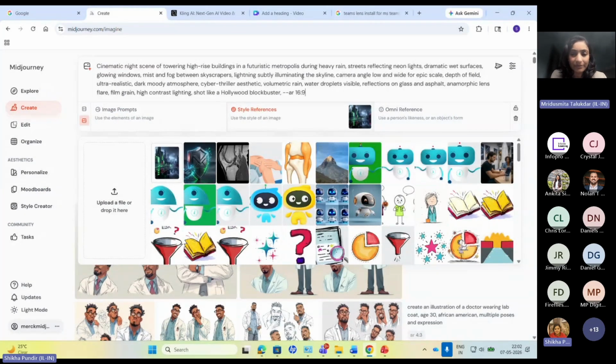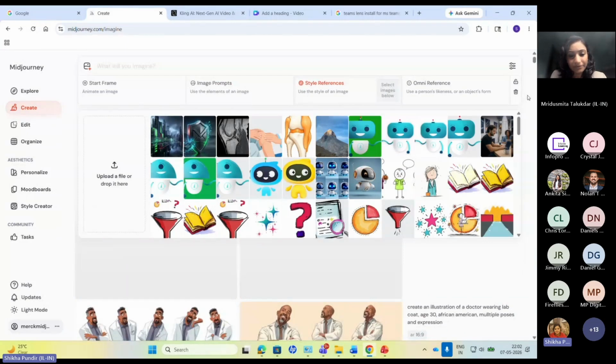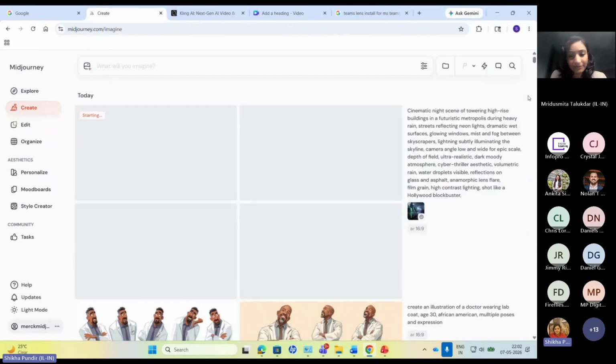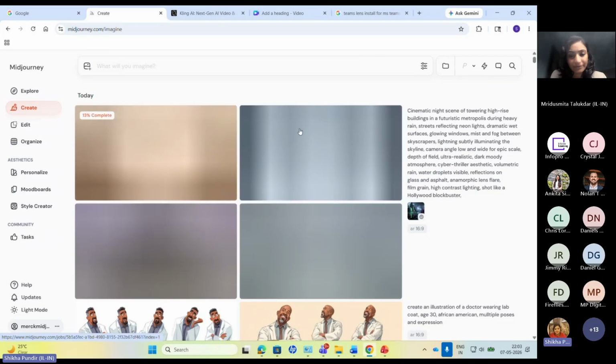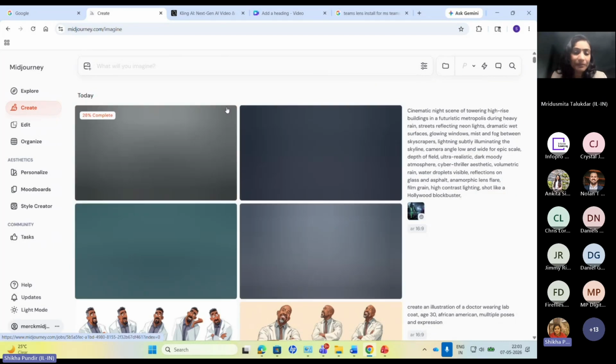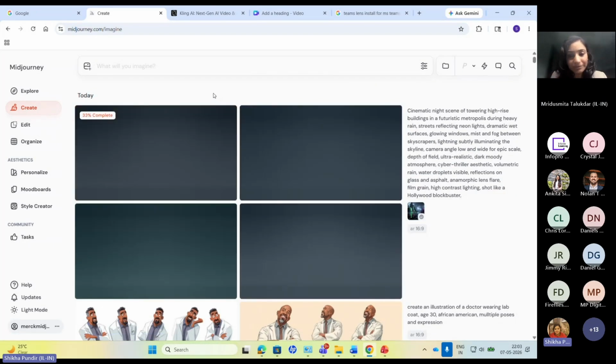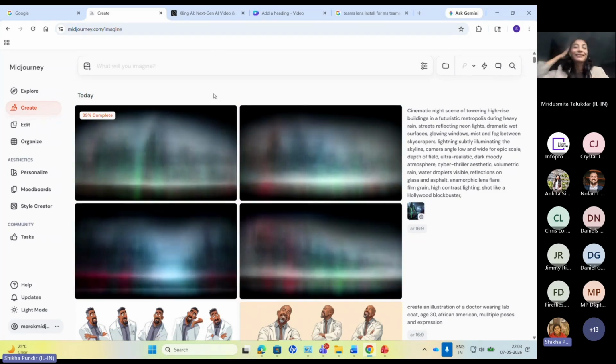So it automatically takes the style from here and generates accordingly. We'll have to wait for a few seconds. And I know it's the most irritating part of our jobs to wait.